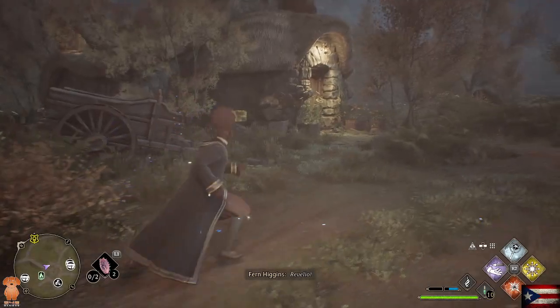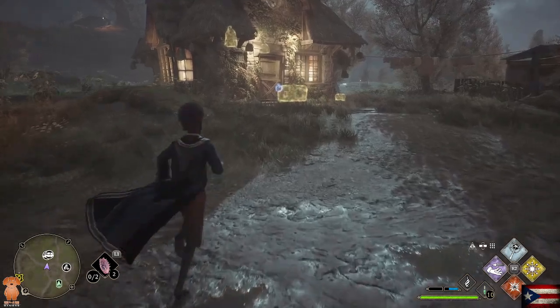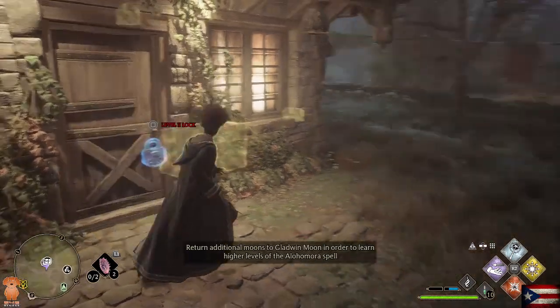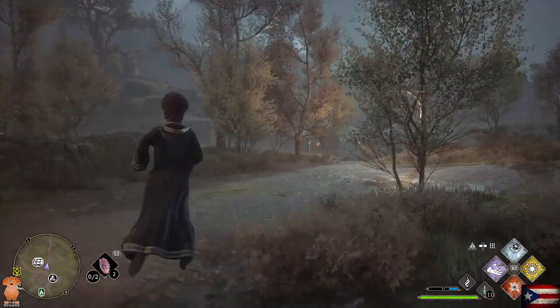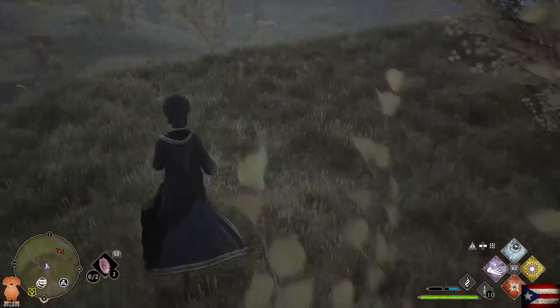Revelio. That house does not have a lock on it, but this one does. It's a level 2 lock. Son of a biscuit. Alright, well, you know, we got people we can fight, so...